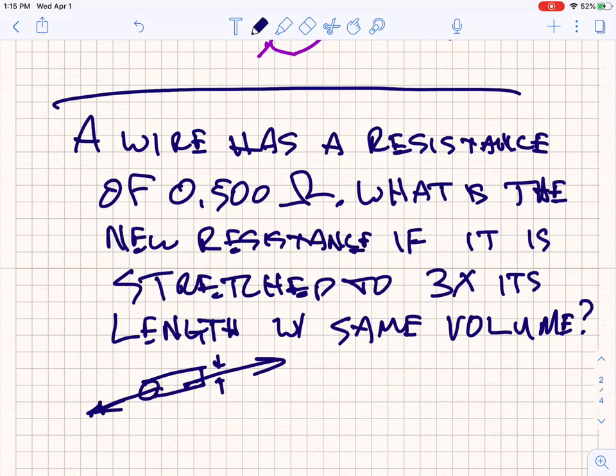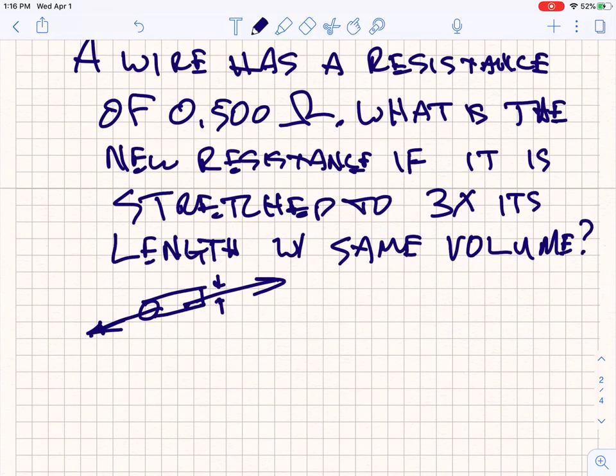So looking at this, going, oh, well, if I've got a smaller radius, I've got to figure that when I get done, my answer has to be bigger than 0.5 ohms. So if you just start with an intuitive understanding of what's going to happen, that's going to help you out a lot. So one option is you can start and go, okay, resistance equals rho L over A,